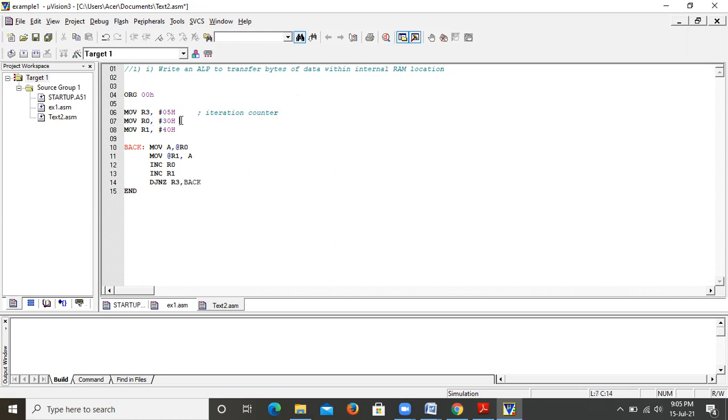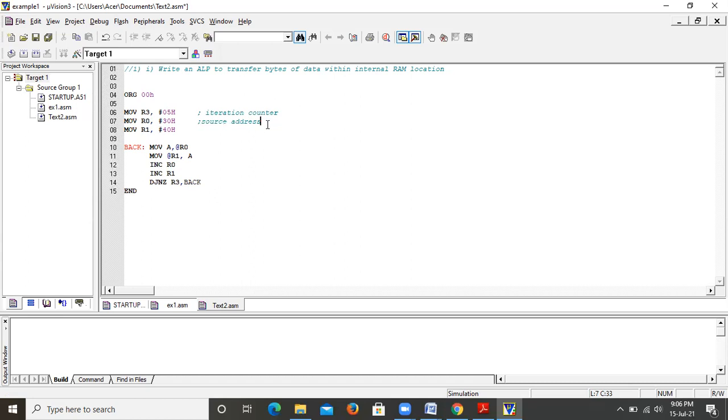Then MOV R0, #30H. So 30H is the source address. So from this location, we want to transfer the data to the destination address. So the address 30 is loaded into the register R0. So source address is stored in register R0.